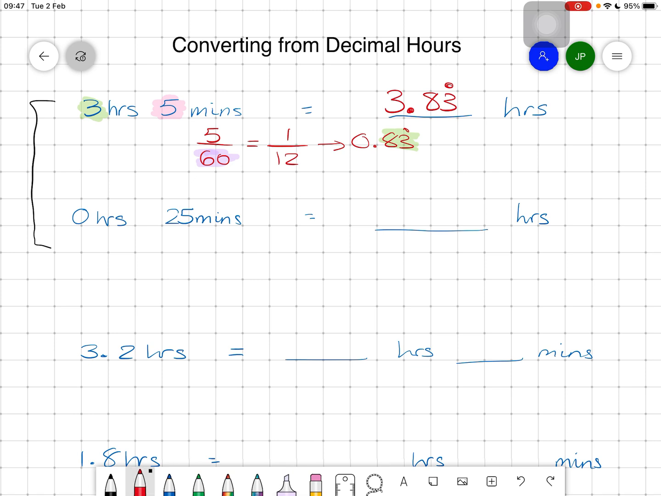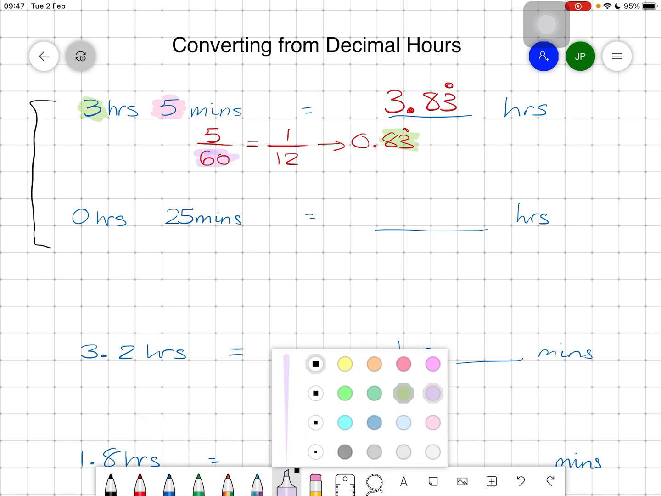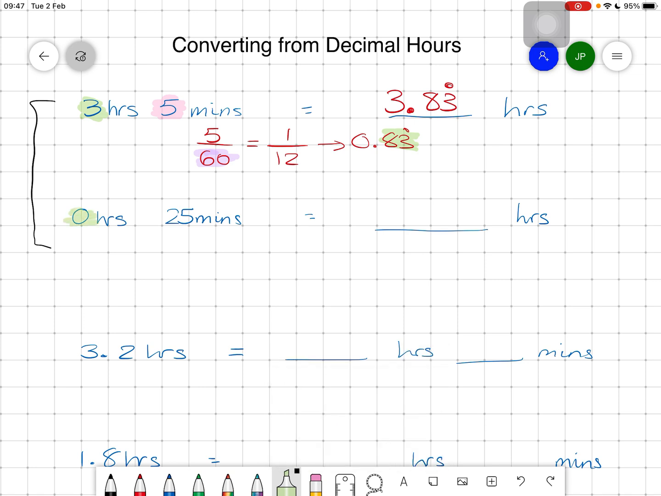Quick second example. So we've got 0 hours and 25 minutes. So the 0 hours is nice and simple because we then know it's got to be 0 point, whatever your whole number is going to be at the start. The 25 minutes, you divide by 60. Okay, so it will become 25 over 60, which we can simplify to 5/12. And again, we go 5 divided by 12 into our calculators. That will give us